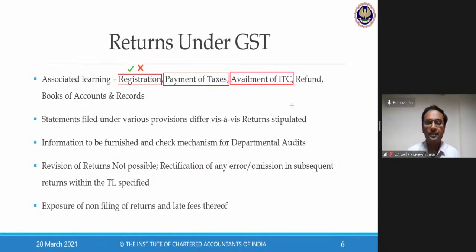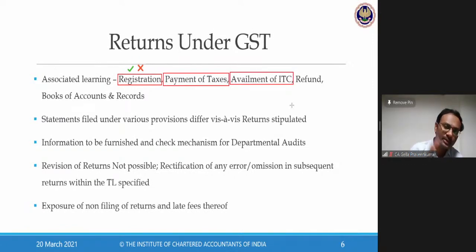Now, suppose there was a purchase for a sum of rupees 10 lakhs. On that purchase, there is a tax of 1,80,000. I have duly accounted for it in my books on 31st March 2020, but I forgot to show it in my returns. So when I filed my returns and paid my taxes, I forgot to show one sale of 1 lakh. I also forgot to show one purchase of 1 lakh. My input tax credit on this purchase and my output tax on this sale are matching. It's a revenue neutral transaction. Can I argue that? The answer is a big no.